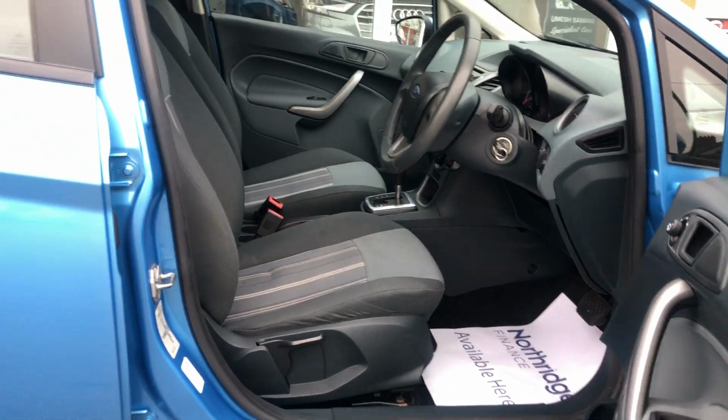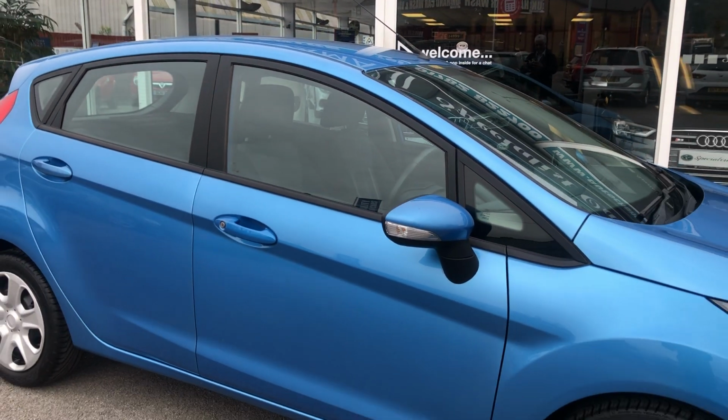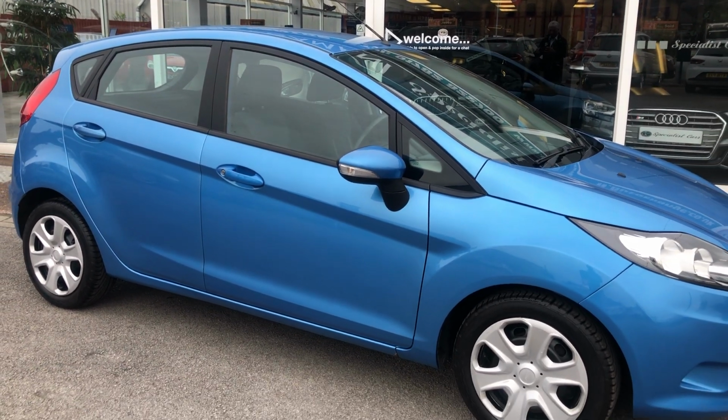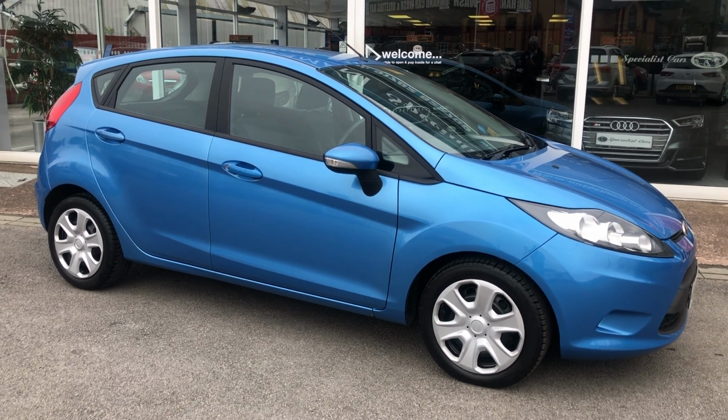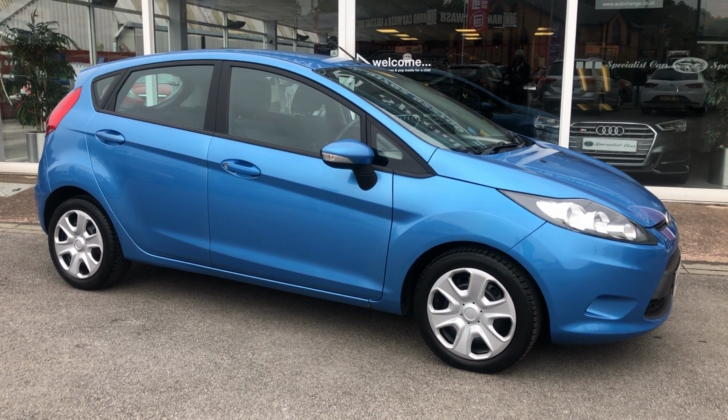So there we have it. 2 sets of keys, complete book pack, full HPI checked and clear. These little automatics don't hang about very long, so if you want this one, just give me a call on